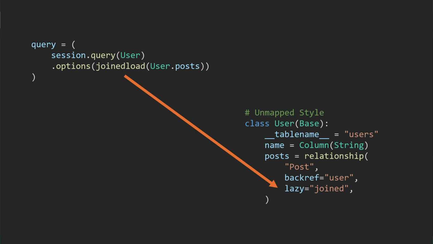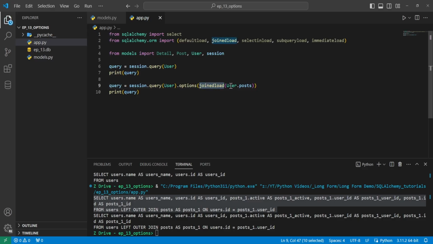It is really useful for one-to-one and many-to-one relationships where joining tables can be done efficiently. And this is equivalent to lazy equals joined on the relationship. So we'll go ahead and do this joinedload of our user.posts, and then we will go ahead and run